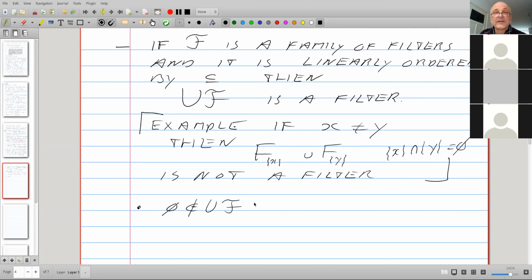Is the empty set not in the union? Yes, because it's not in any one of the members of F. So that's okay.